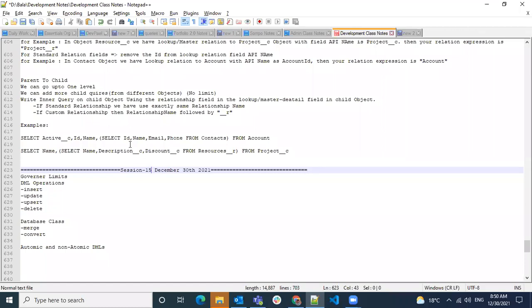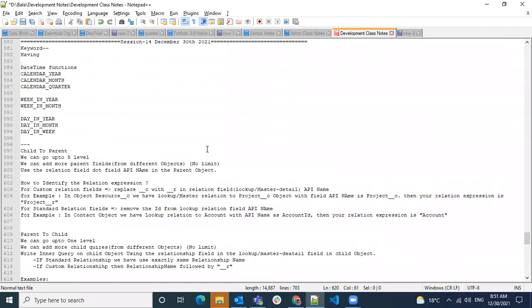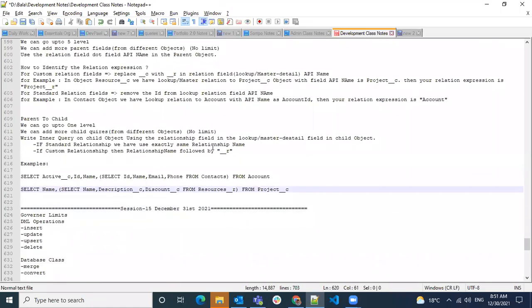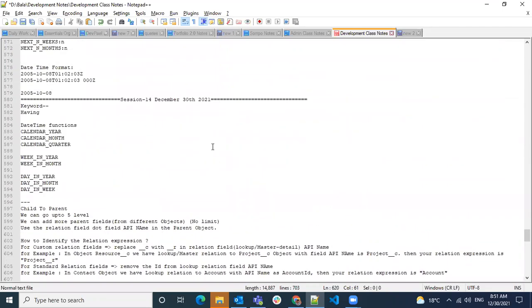Try to assign it to variables in an Apex class. Try to write some examples and see how we can. First of all, we need to assign it to some variables, and then look at how to access the inner query or parent fields. How we can access those fields.